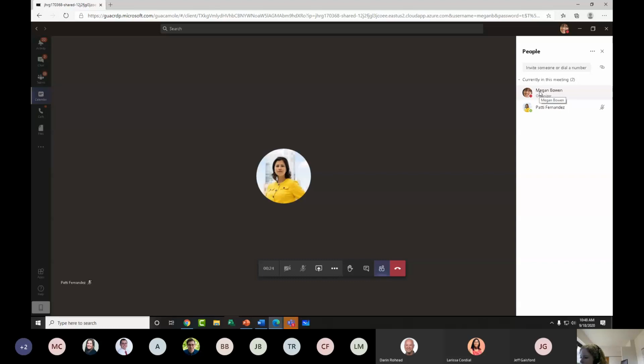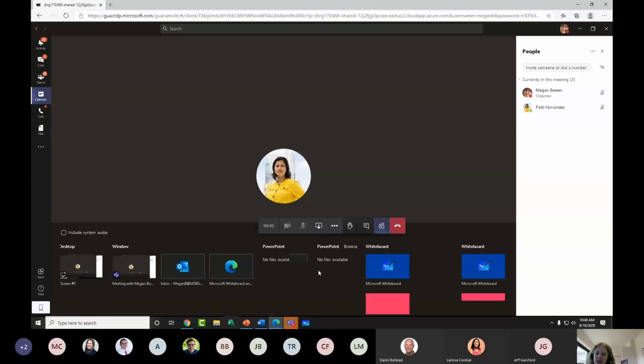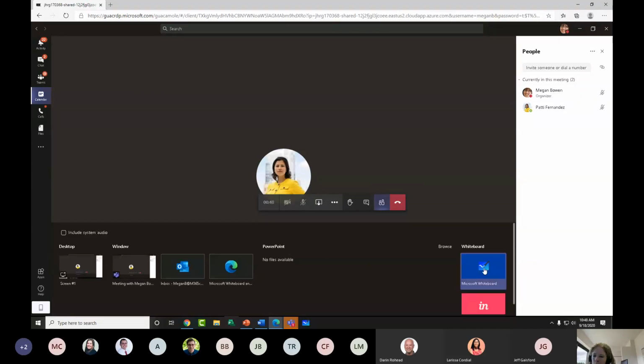So in any Teams meeting, how does the Whiteboard app come in? As many of you know, in Teams meetings, you can share all kinds of content from your device using the share tray. And right now I'm demonstrating the older version of Teams. Remember that in the newer version, the share tray is going to be up here in the top right-hand corner. So I'm going to come to the share button. And to bring in, in this case, the Whiteboard app, we're going to see it over here on the right.